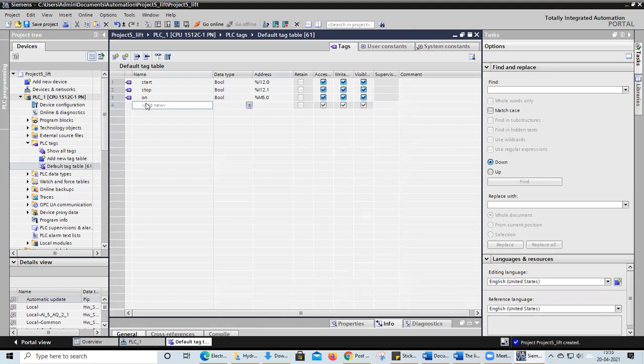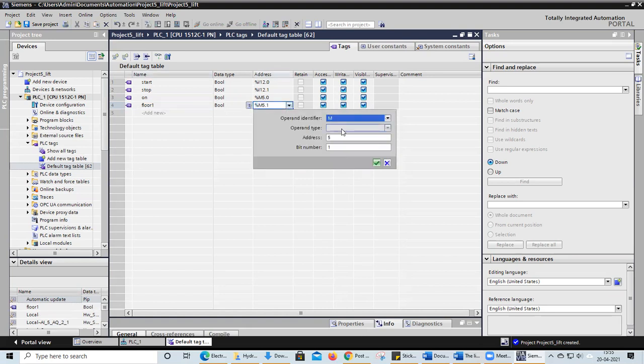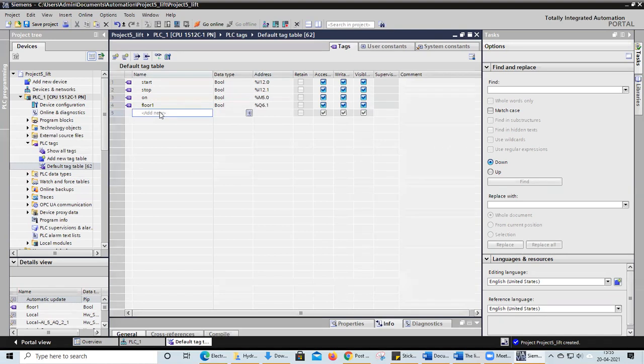Now I'm having floors, output floors. I'm having 5 floors. So I'm taking floor 1 and I'm giving an address of output. For floors we normally use an output address, so we'll take 6.1 to 6.5. We'll take floor 2, address is 6.2.